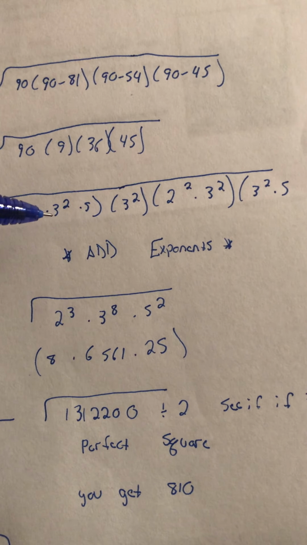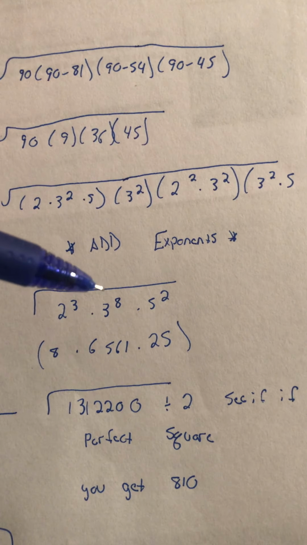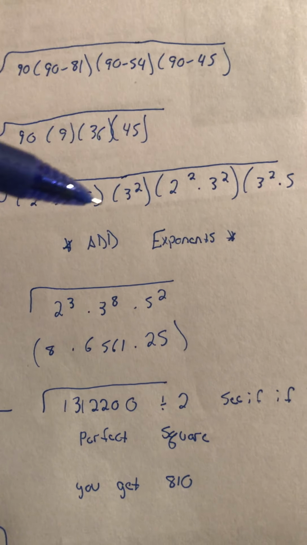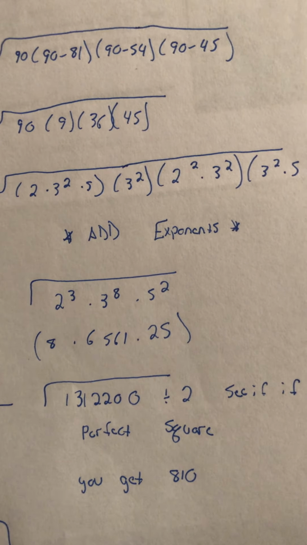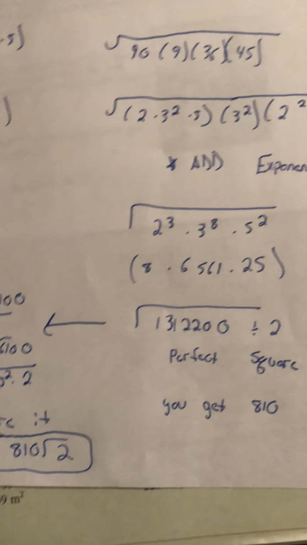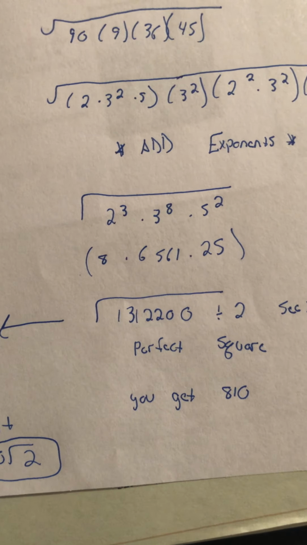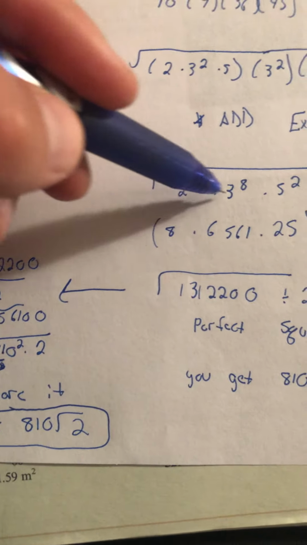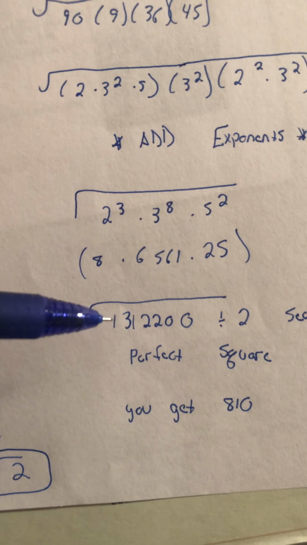Let's look at 3's. 3 to the second, 3 to the second, is 3 to the fourth. 5 and 5: so it's 5 to the first and 5 to the first, which is 25. When I multiply all those together, that's 8, it gives us 81 times 25. So I'm multiplying all these together, and it gives us this huge number of